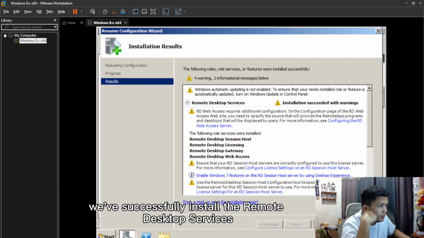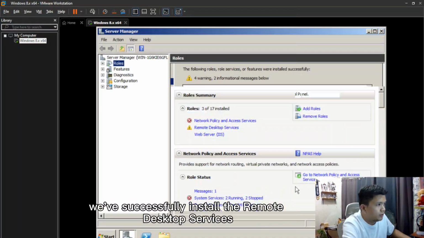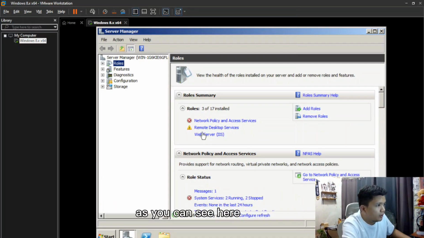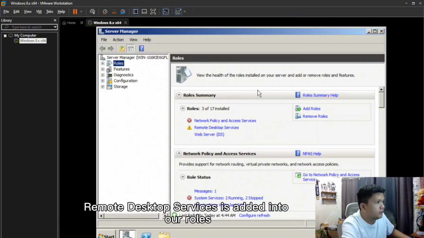We've successfully installed the remote desktop services, as we can see here, remote desktop services is added into our roles.